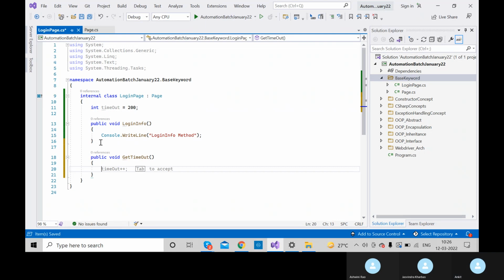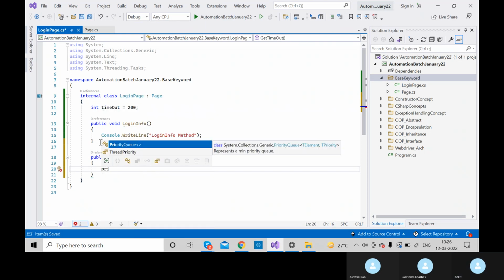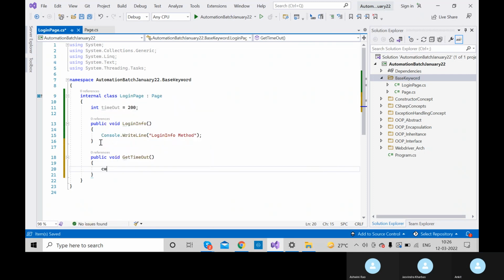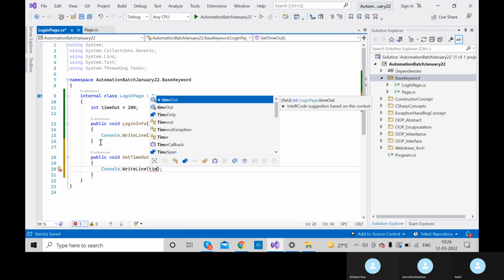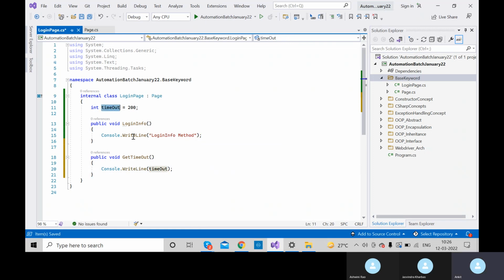Inside the get timeout method, let's print the timeout. So this timeout, I'm just printing directly over here. So if I want to print these values, just like login info method and timeout, what should I need